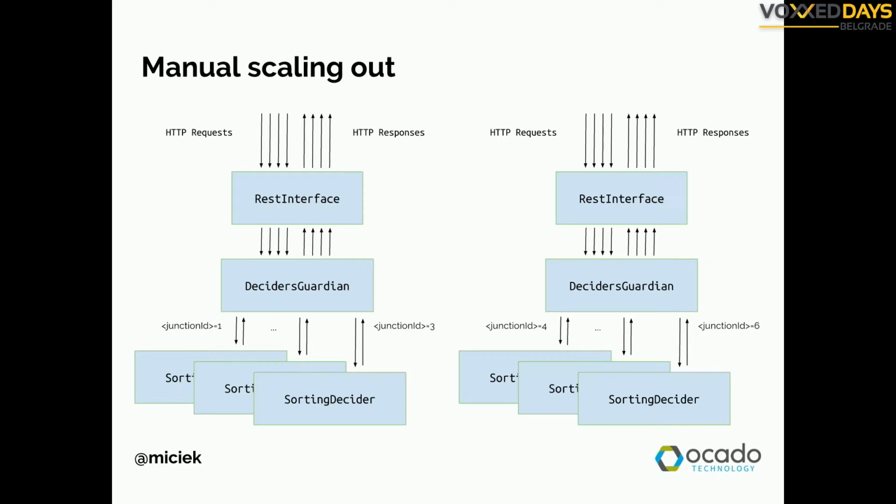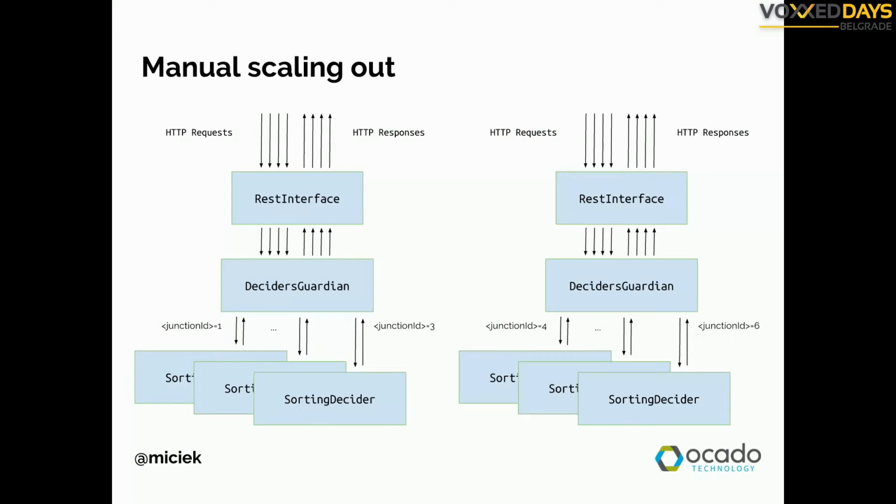Traditionally, in Java, we had a JBoss application, and we had the application deployed on JBoss, and then when we wanted to scale it out, we just added another JBoss and clustered them together, right? This is called manual scaling out. Why is it manual? Because you have exactly the same application running twice. You need some kind of load balancer on top of it, which balances the traffic. And it also needs to be very intelligent.